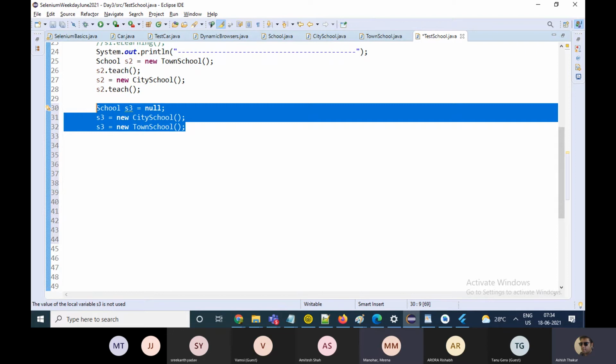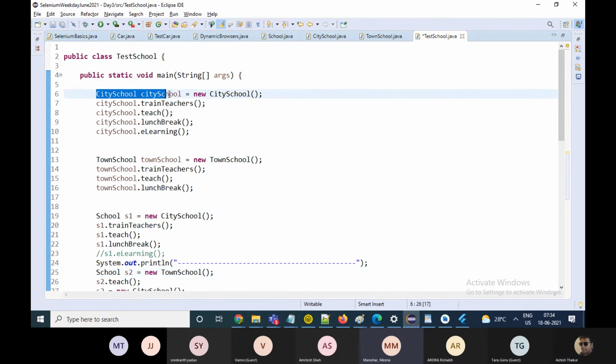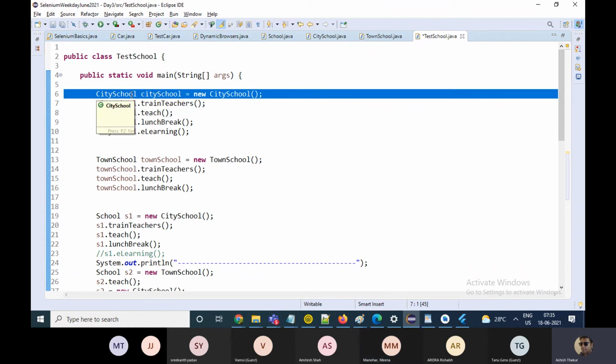Okay. So my question is, in those lines we are creating the reference of the interface, and at the beginning of this class, can you scroll it up please? We created the reference of the implementing classes itself. When we are programming, how will that make a difference? How are we going to think about when we have to create the object of the implementing classes, or this first line and the last line that you have created, how will that make a difference programmatically? In Selenium we prefer not to use this.